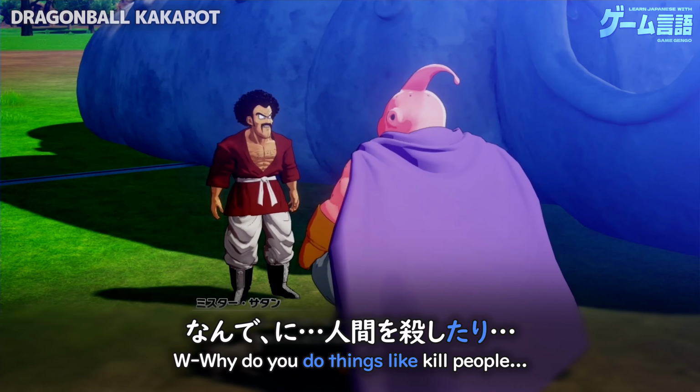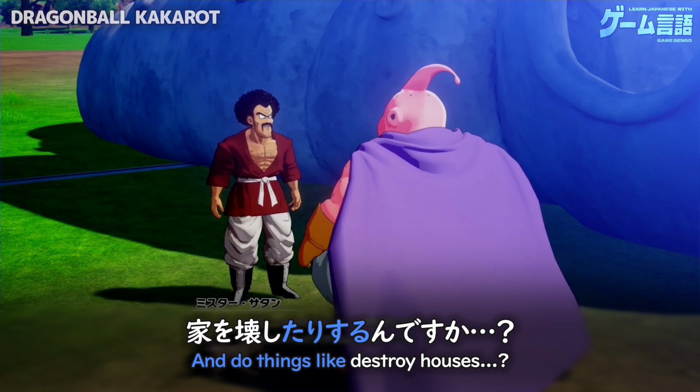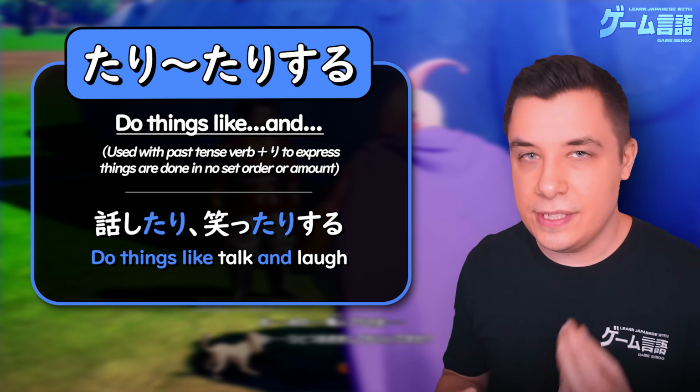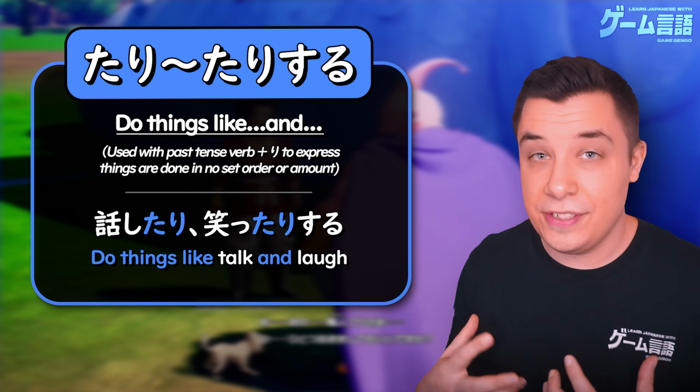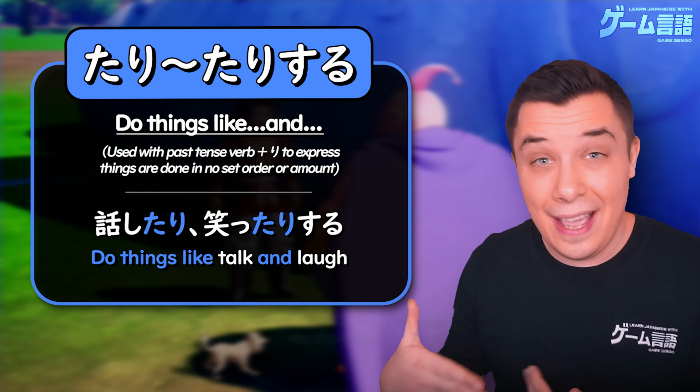なんで人間を殺したり家を壊したりするんですか? So in Japanese, you can use tari suru to express doing things like dun dun dun and dun dun